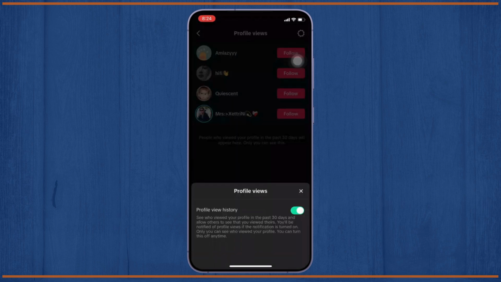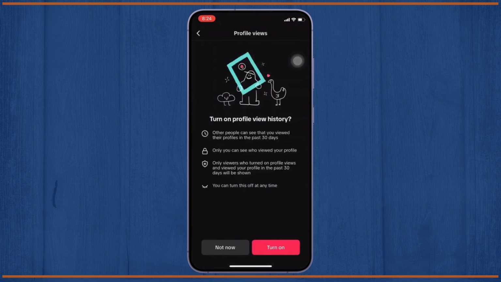We'll click on the settings, and we have to turn off the profile view history. So in this way we will be able to turn off that we see other people's profile. And I will simply show you another option as well, how we can turn off our profile view